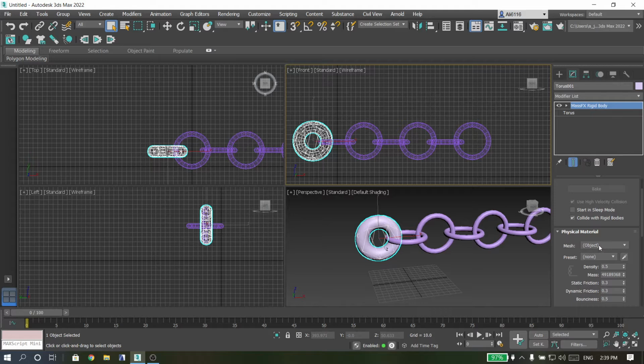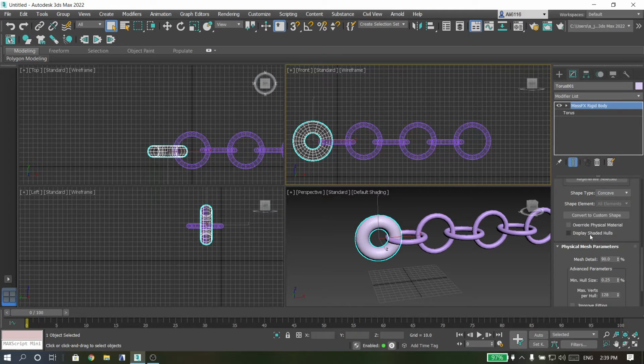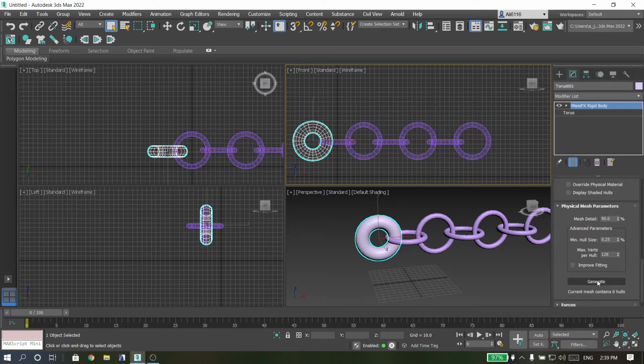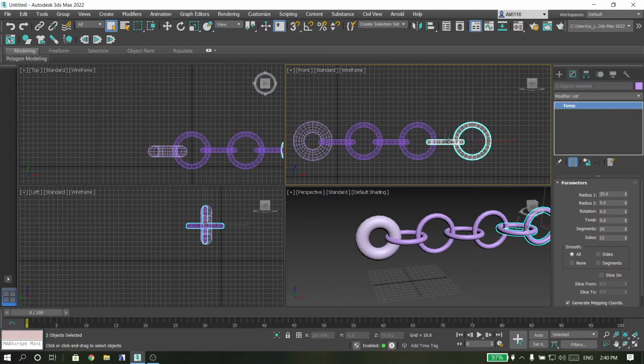And go to shape type, change it from convex to concave, then press generate. After that choose this and make it a dynamic object,